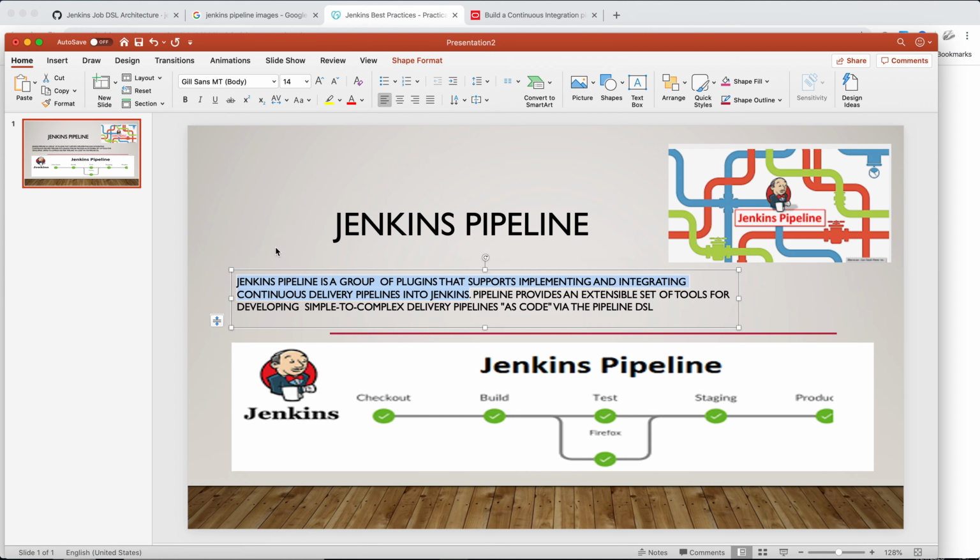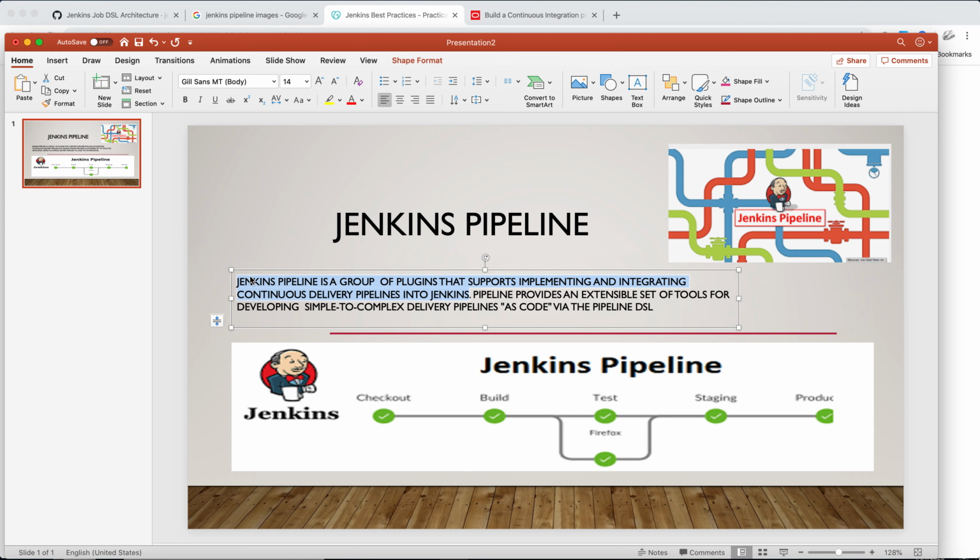There are different kinds of plugins in Jenkins. Jenkins has thousands of plugins provided by different people. Today we will just go through the Jenkins pipeline instead of going through all those plugins. Maybe in upcoming sessions I'll give you brief details about each plugin that we are going to use for continuous delivery.